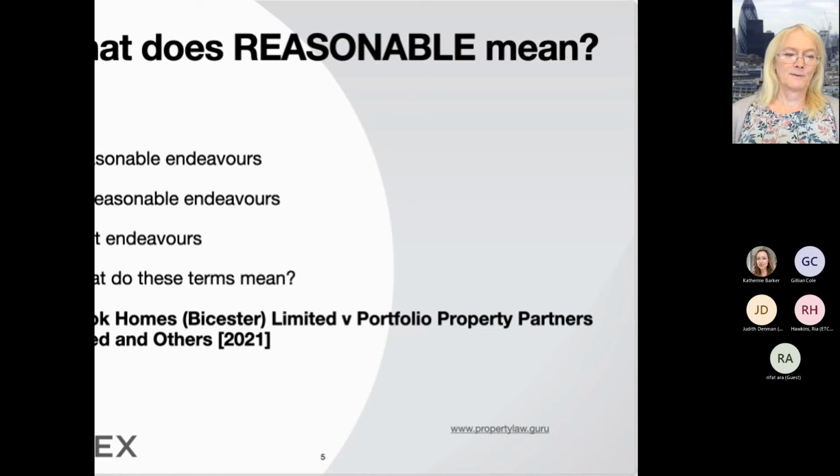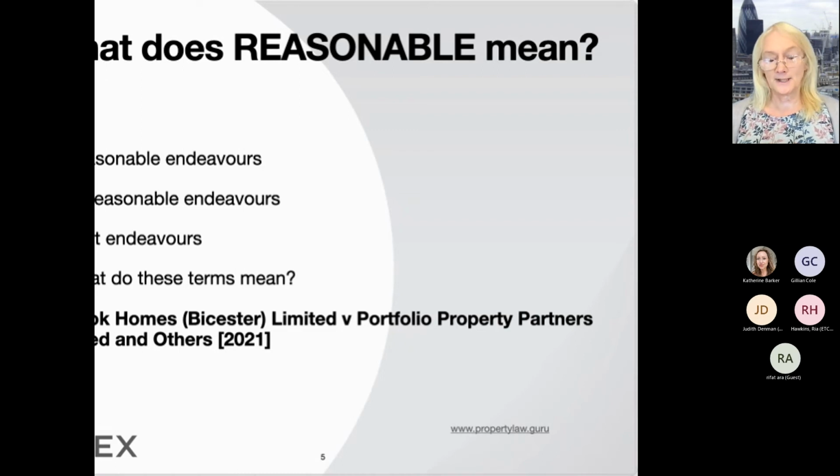Well, it's less likely to be a problem with a land promotion agreement because the parties have got to work together on things all the time. Whereas with a conditional contract or option agreement, there's the scope for them falling out quite a lot. So normally there will be something saying that the parties should refer the matter to mediation or alternative dispute resolution, because it can be quick, it can be less costly, and more than anything else, it's private. It doesn't get publicized in court papers and that sort of thing.